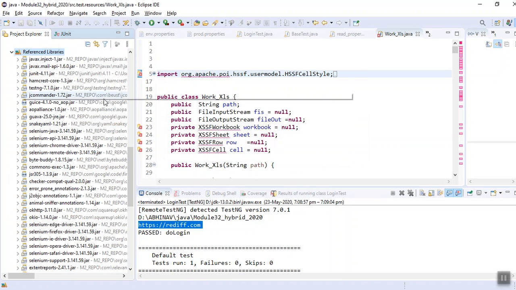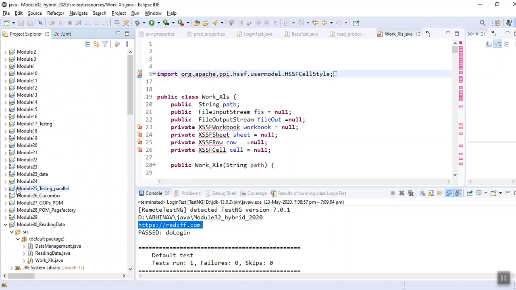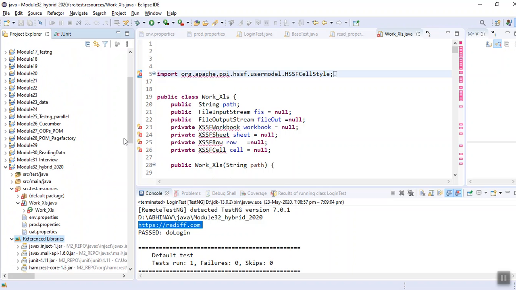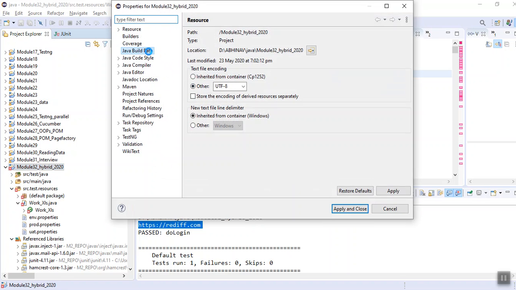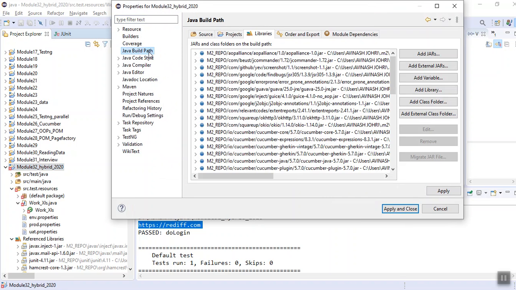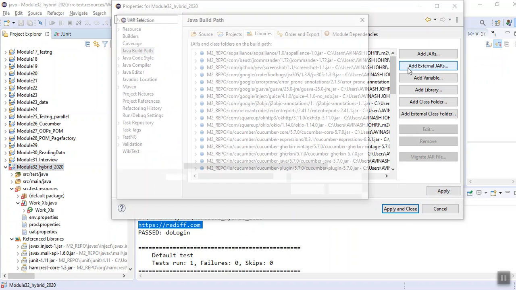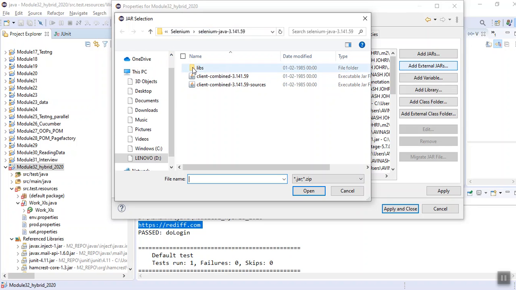Just a second, just be with me. I have copied that file. Now I need to add the POI Excel properties. You have to get it from pom.xml. I just have to teach you that's why I'm using POI. I am putting these POI APIs.